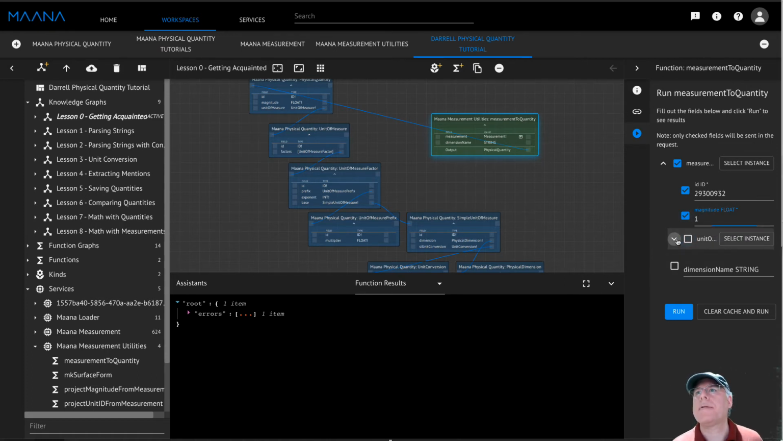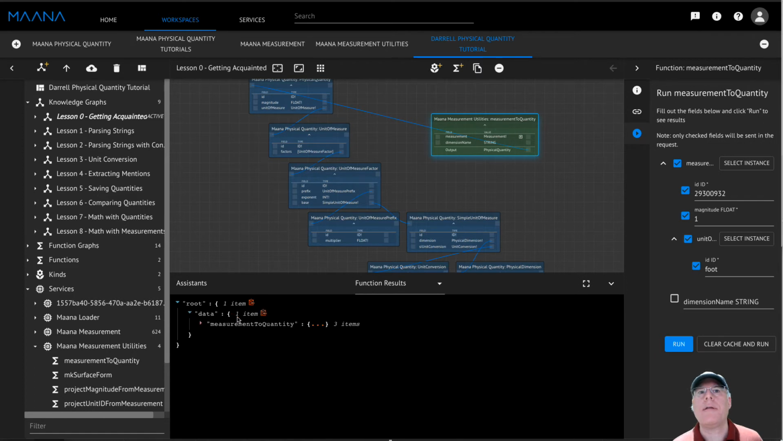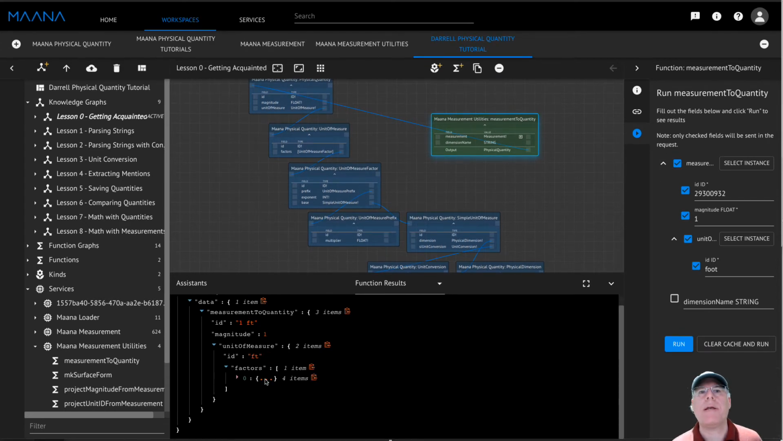And let's do a unit of measure of foot. I'm going to spell it out here as foot instead of using the standard abbreviation. And when we run that, after just a moment, we'll see that not only did it get converted to a physical quantity, but it normalized its representation. So we can see that the foot got converted to FT, the standard symbol for foot, and it expanded the